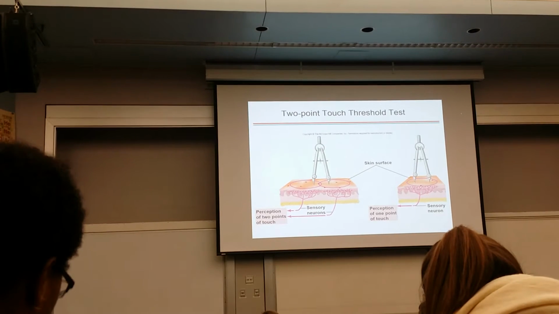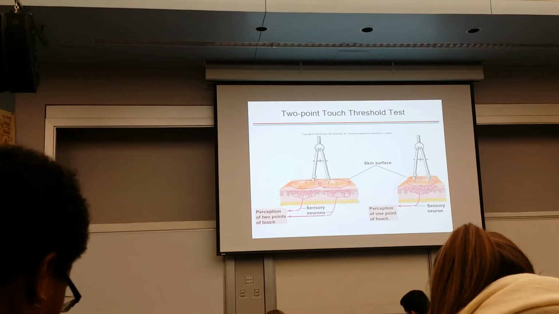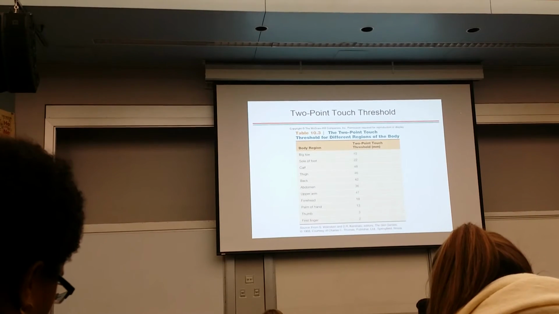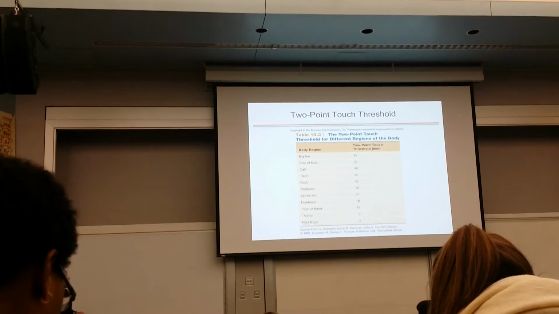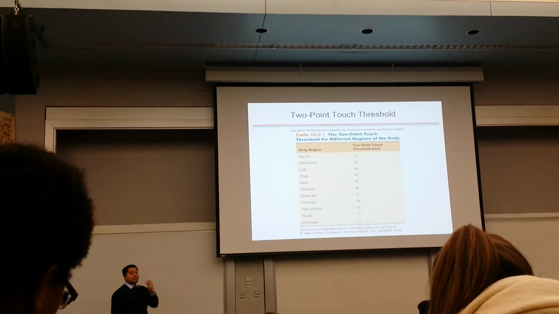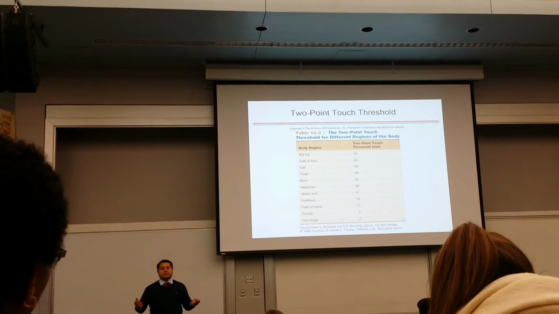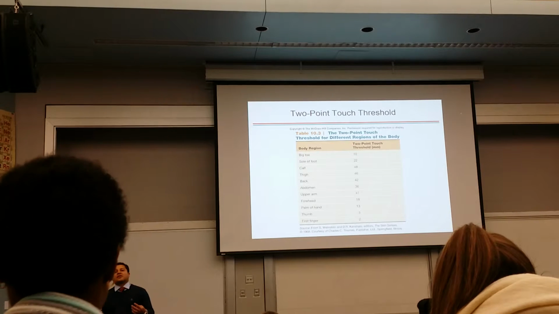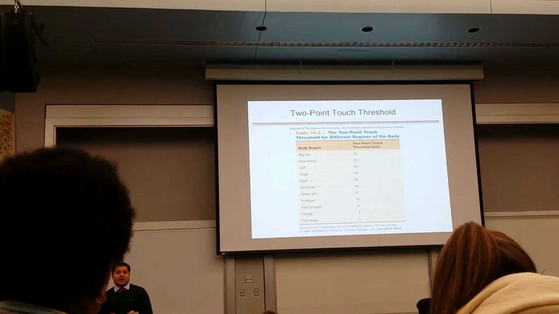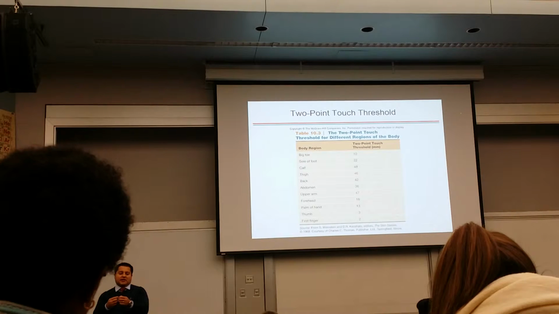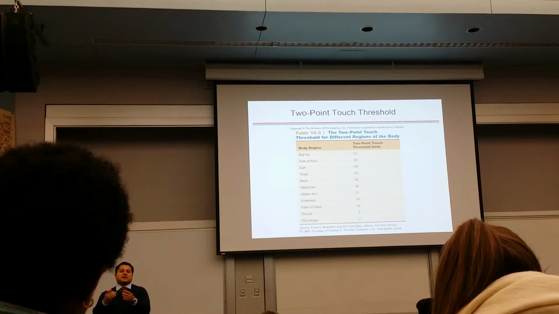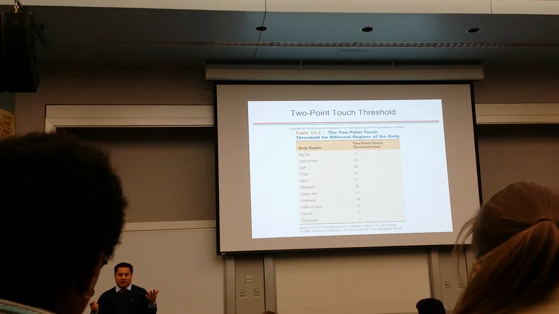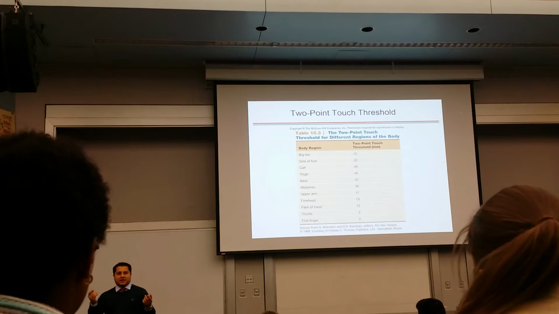All right. So let me just show you this table here, basically how you test or look at this information. You can actually do it on yourself. You just need a volunteer to sit in front of you with their eyes closed, and you can do it with, like, a paper clip in my office. You just need something like this. There's a tool called a caliper that is more accurate, but you can use something like this.